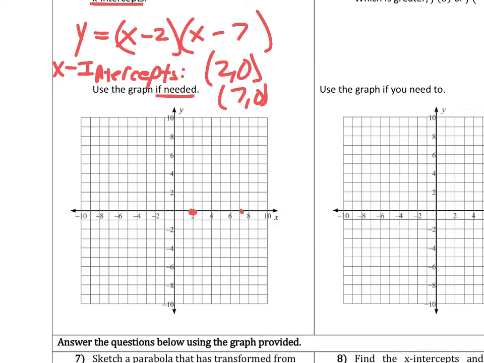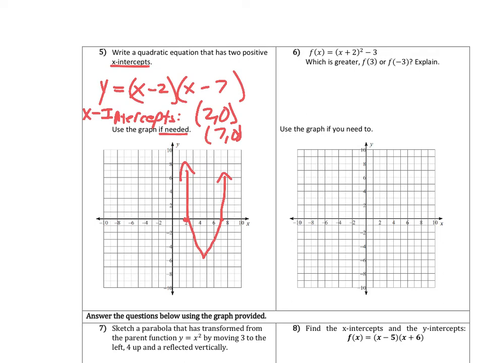And, well, we don't have to graph it, but the vertex would be somewhere down here. I just approximated that. Okay. We'd have to plug in the axis of symmetry to find that exactly. All right, so for this one here,